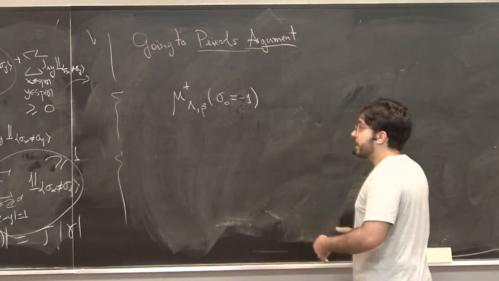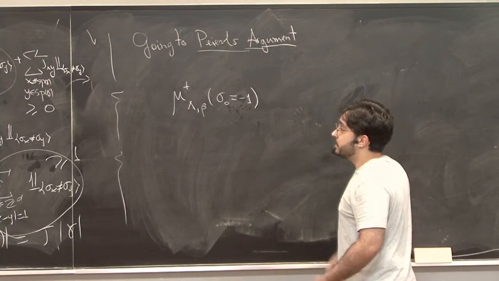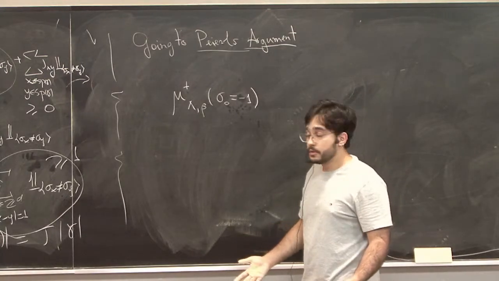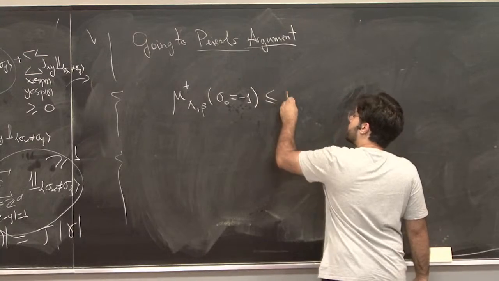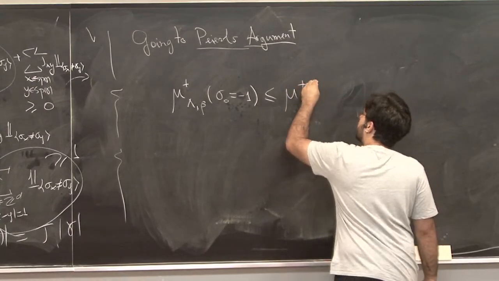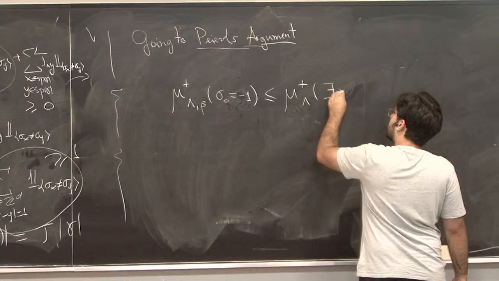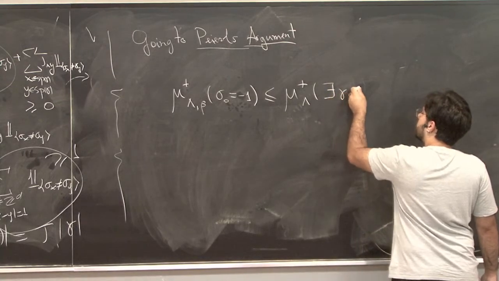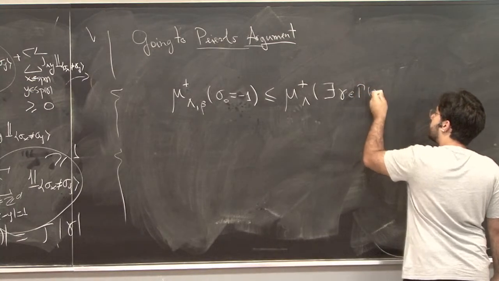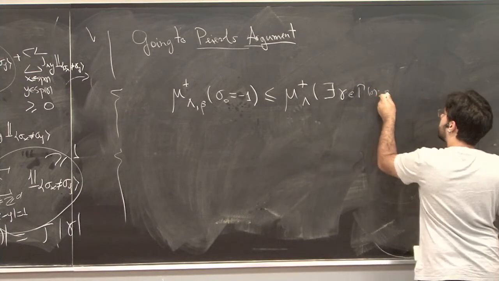If it is a minus correct point, it must be inside the volume of some contour. So this probability is upper bounded by the probability of existing a contour in the family gamma sigma such that